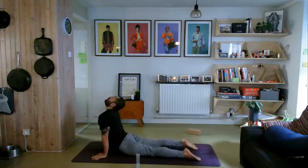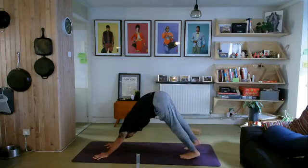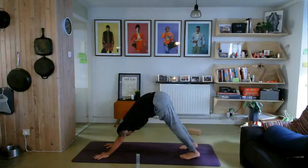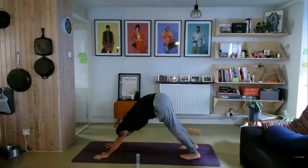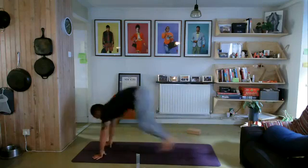Inhale, up dog. Exhale, down dog, and stay here for 1. Exhale, pull your thighs up 2. Exhale, lengthen the backs of your knees 3. Exhale, send your heels back 4. Exhale, last breath 5. Exhale, inhale, look up and you step or jump your feet to the front of the